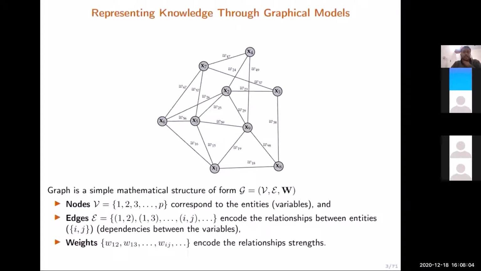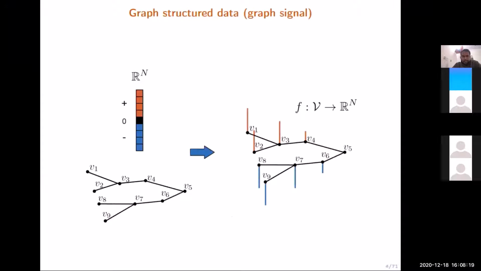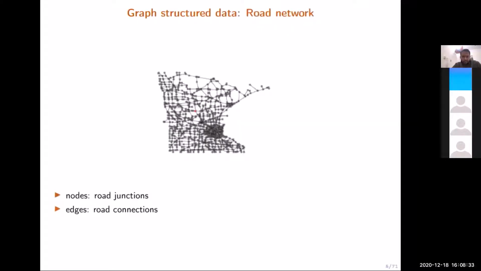Here I have given a simple definition of a graph structure, which consists of a set of nodes, those are entities; a set of edges, those capture the connections; and weights, which capture the strength of connection. Next, I have defined what we mean by graph signals: signals defined over a graph, where each variable can be associated with a node, and the observations corresponding to one variable are corresponding to that particular node.